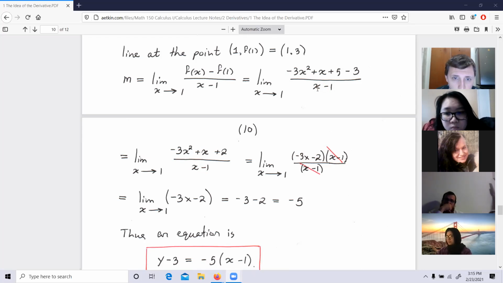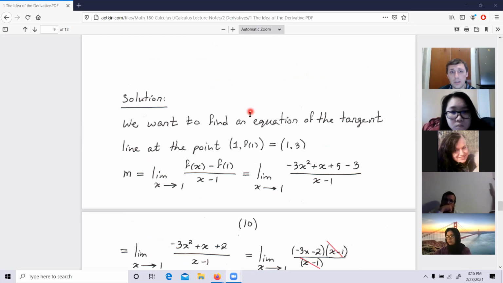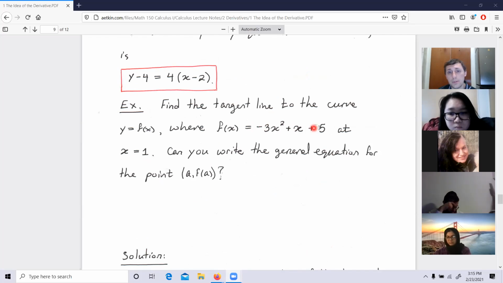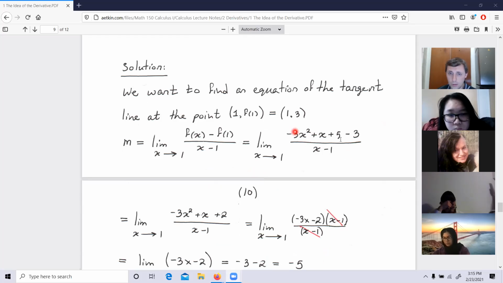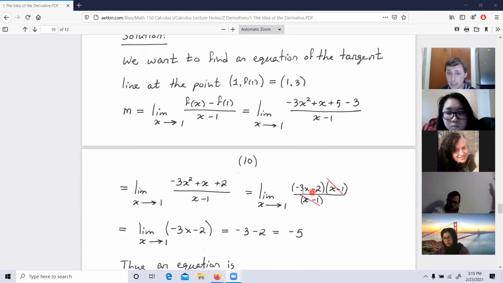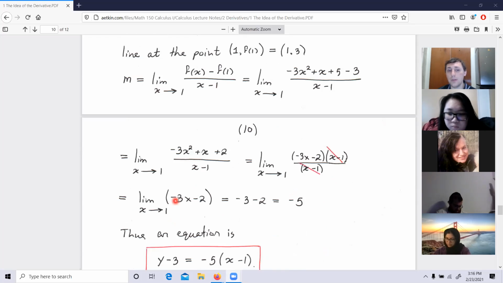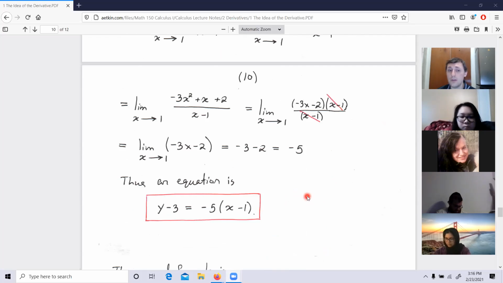Francis, I'm not sure. Where do I get what? This? It's just my function. My function was minus 3x squared plus x plus 5. So I take this function, subtract the value of the function at 1, which ends up being 3, and divide by x minus 1 because I'm searching for the slope at 1. So I take the limit, I factor it out, I cross away x minus 1 because that's approaching 0. And I have the limit of minus 3x minus 2 as x goes to 1. And that limit is minus 5, which means my